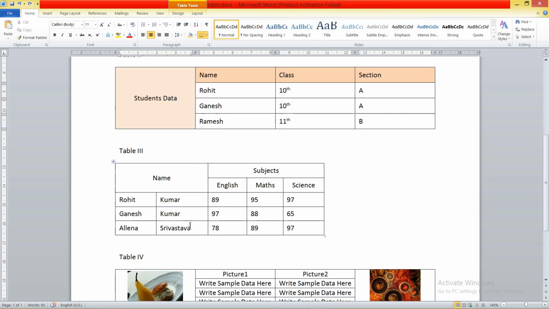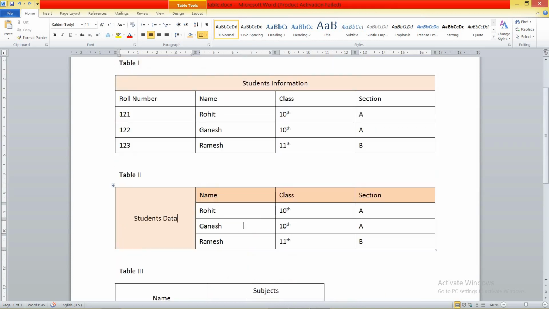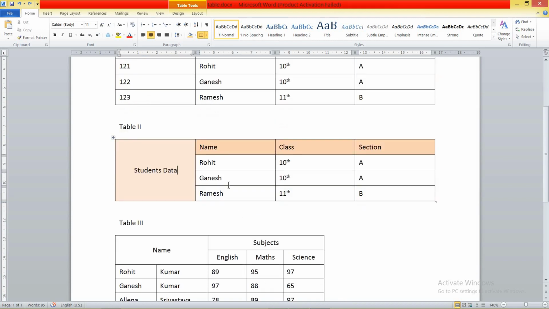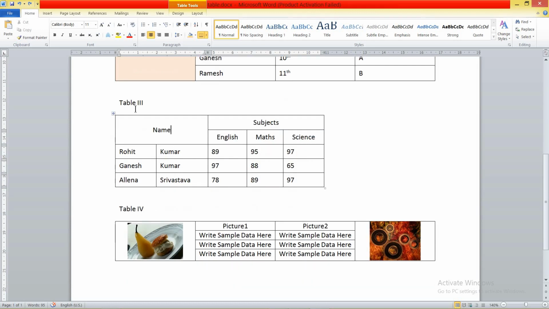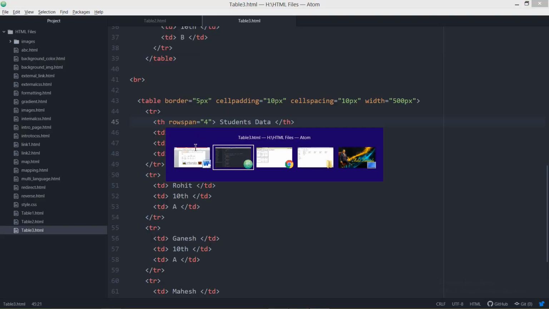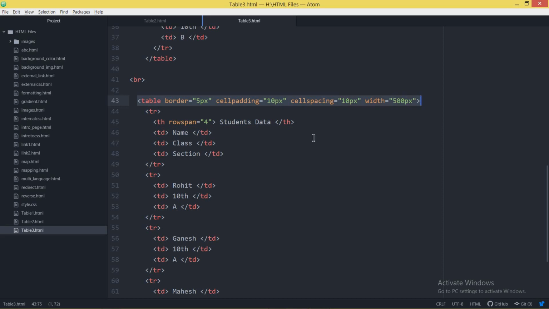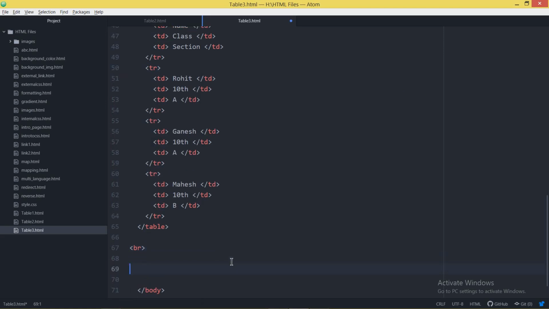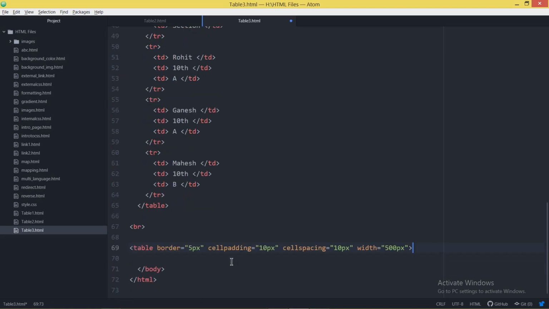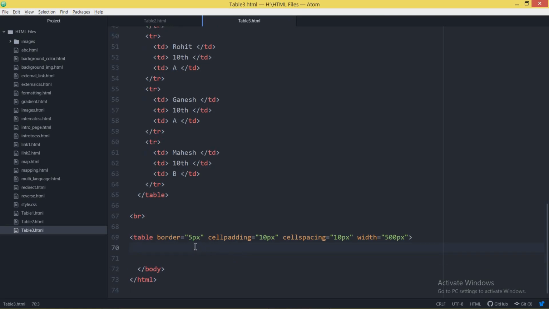Now the third table. It's not mandatory that in a particular table we have only a colspan or only a rowspan. There can be a table in which you can combine both rowspan and colspan all together. My third example is of this table, which will make the combination of rowspan and colspan all together. Now just see the third table. I'm just going to copy this particular table tag and give it a single line break, so that my table will come after some spacing, and paste this particular table tag.